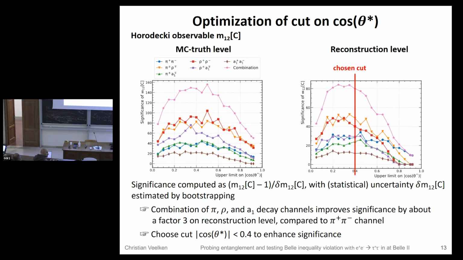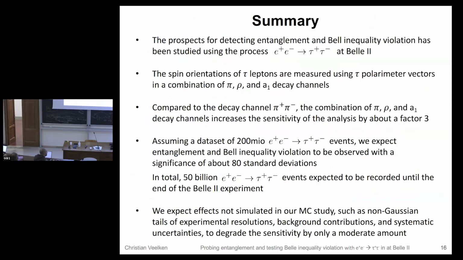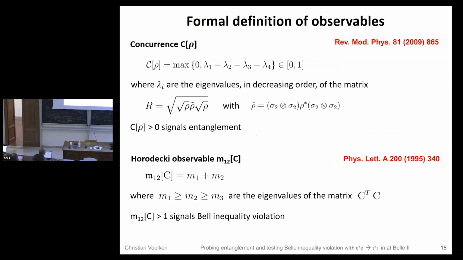At some point you said that you're taking the sum of the two maximum eigenvalues, M1 and M2. Is there a bias that you correct because you are taking the maximum of the two elements? And if so, how are you correcting it? No, sorry, maybe I'm confused. This is just the Bell inequality, this CHSH observable, except that we don't take the square root. So for me, it's an observable. It is a function of the spin correlation matrix C. There is no need for an uncertainty.